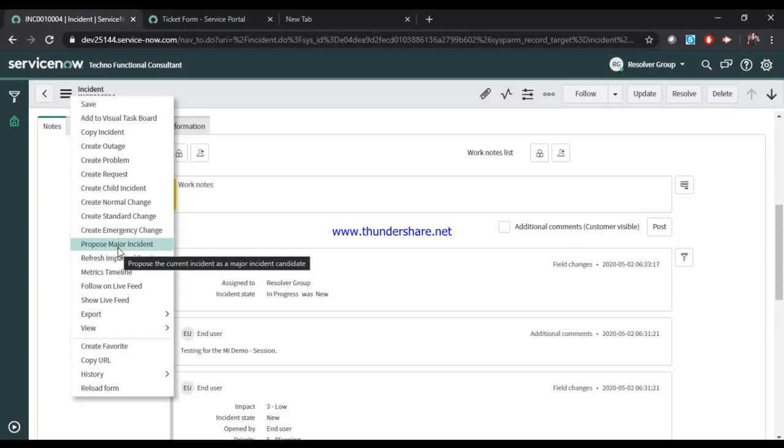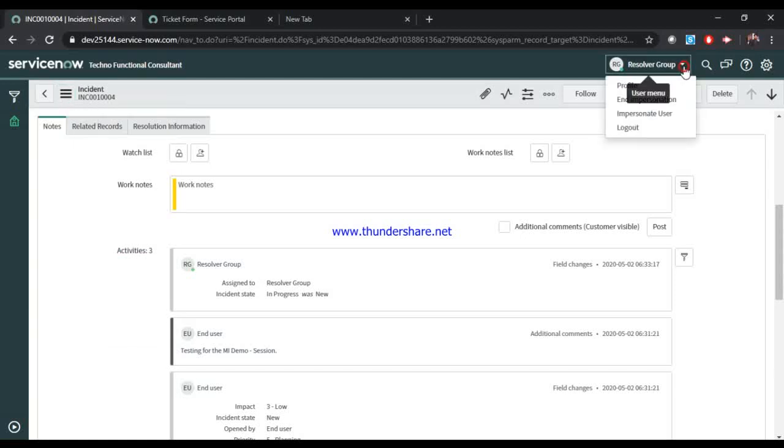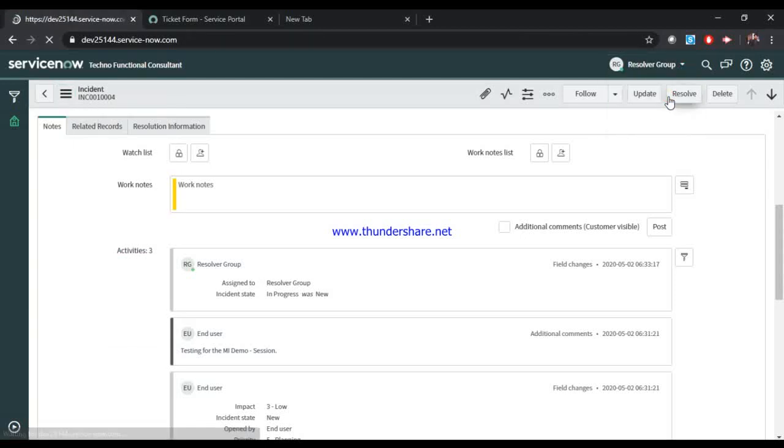He can just propose. Propose means that according to that particular group it can be a major incident, but it will be accepted or rejected by the major incident group only, who decide whether it is a major incident or not. So now I'll log in as a major incident manager just to show you what other options are available for a major incident manager.